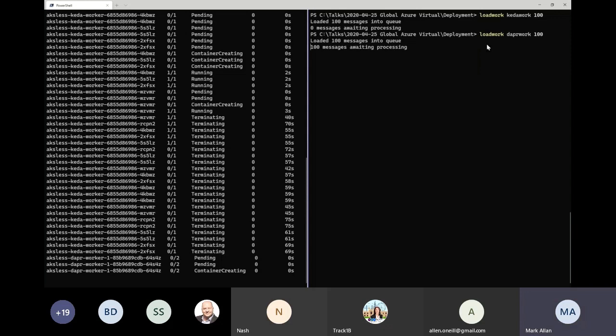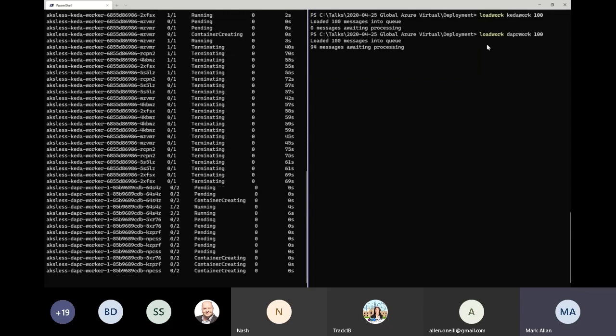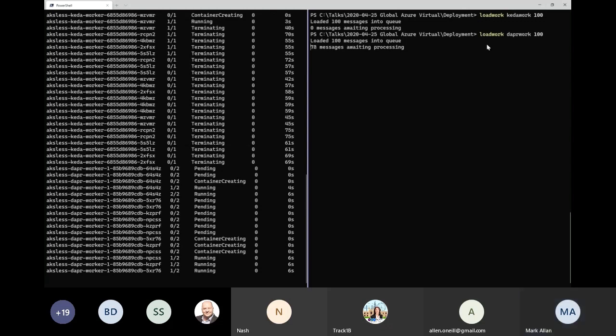So we get exactly the same thing going on here, creates a container, and you can see because that's not the Azure Functions runtime, there's no overhead on there. That's just a pure, very lightweight node application. So it starts processing almost immediately off that queue. We've now got up to 5 containers there, but we'll be done very quickly.